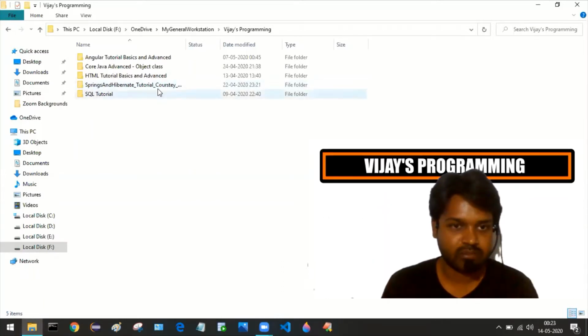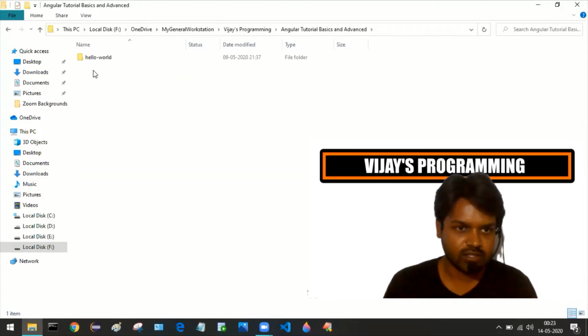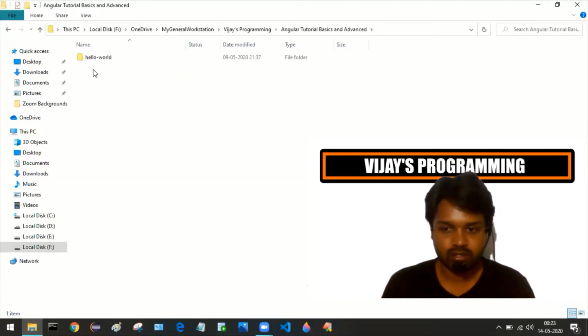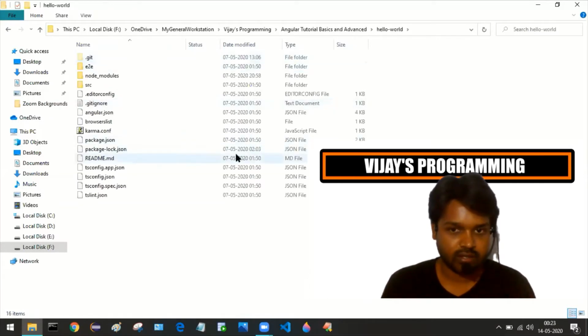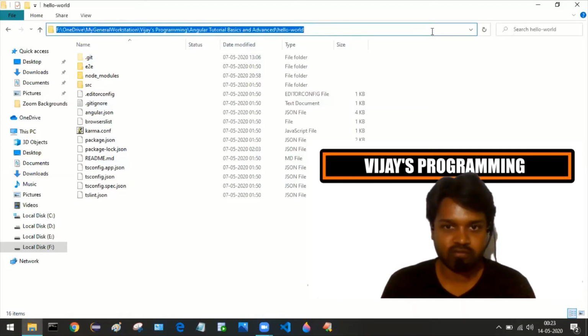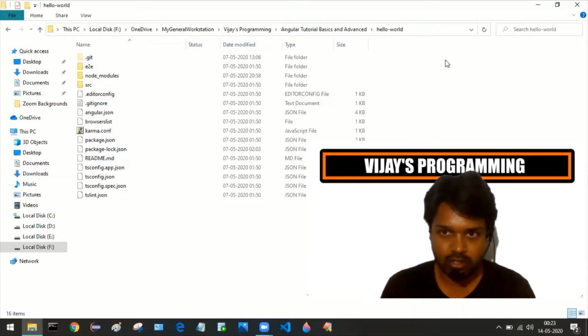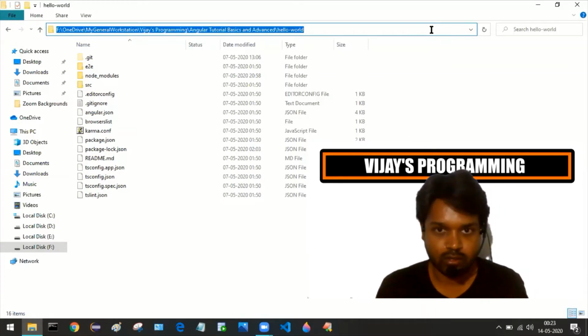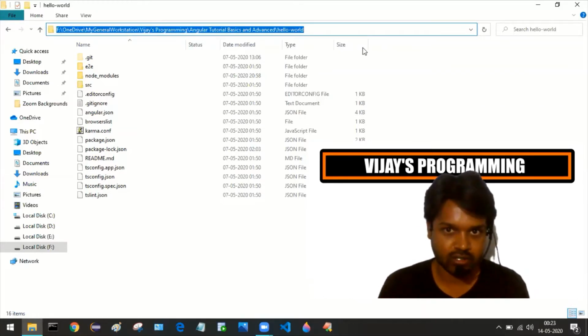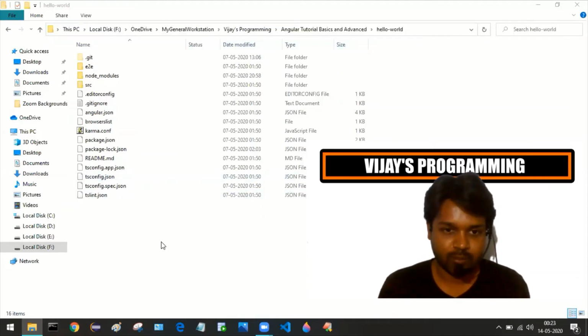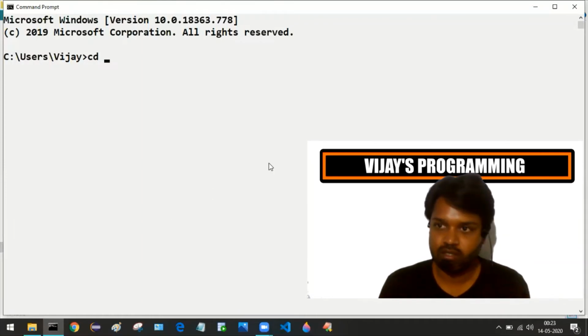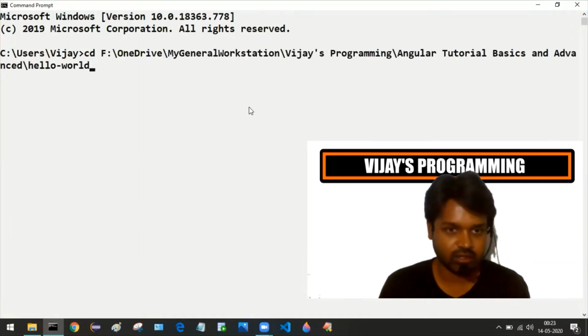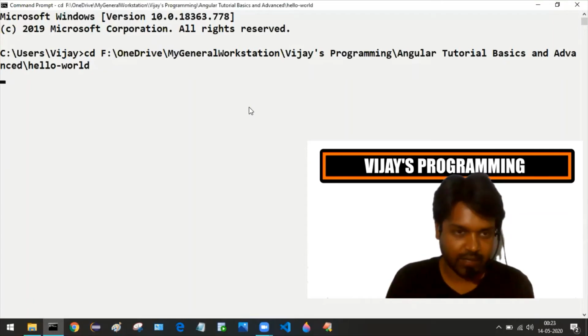Go to our app's root folder. This is our app, hello dashboard. This is the app we are working on. Go inside this app, and this is the root of our application, hello dashboard. Copy the path and go to the command prompt, type cd space, paste the path that we have just copied, press enter.